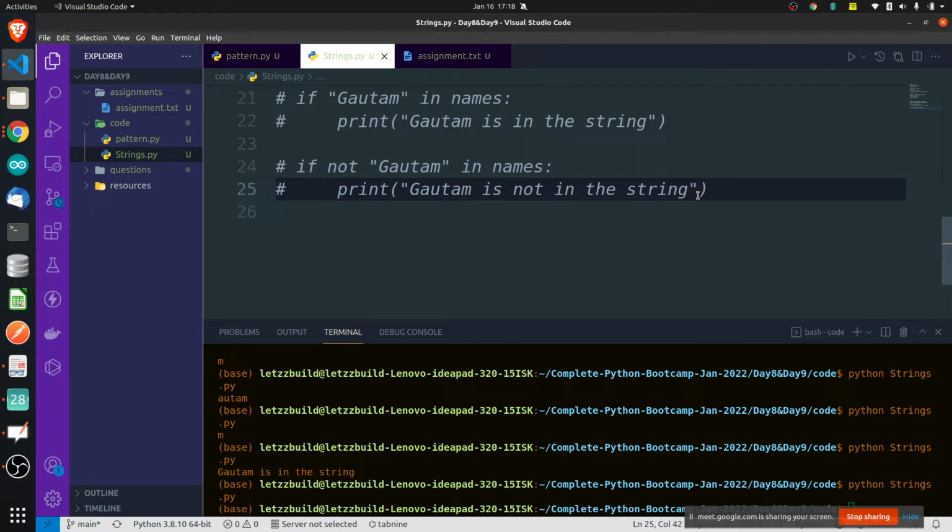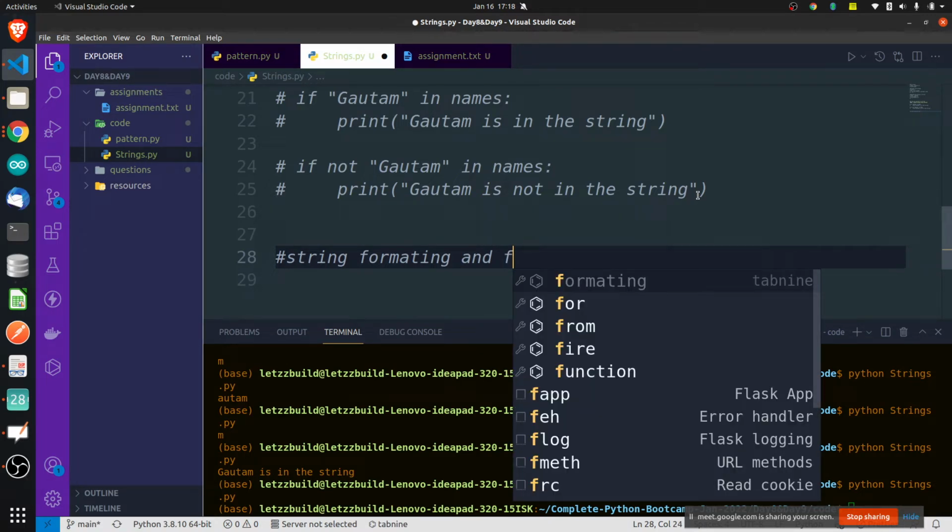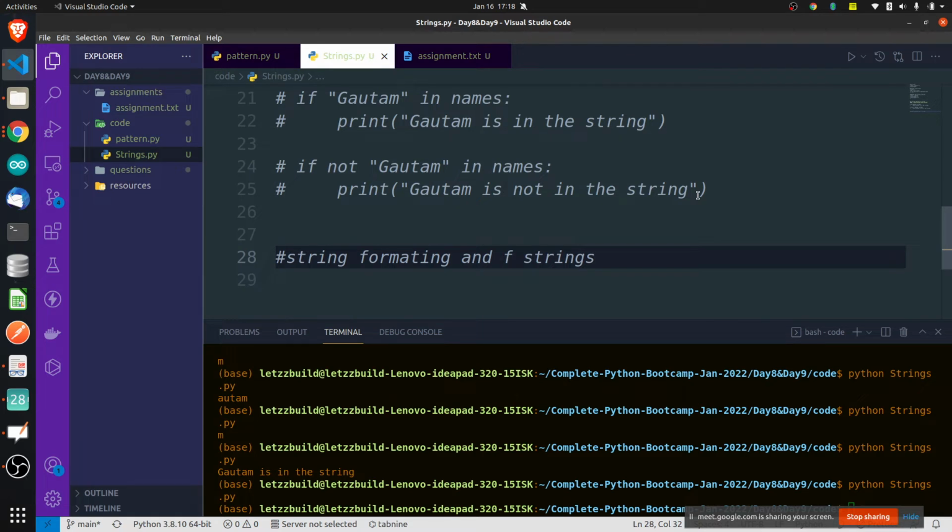If that is done, you have already studied string formatting, right? String formatting and F strings, do you know? Are you using it? Because if you don't use it, you will lose it.